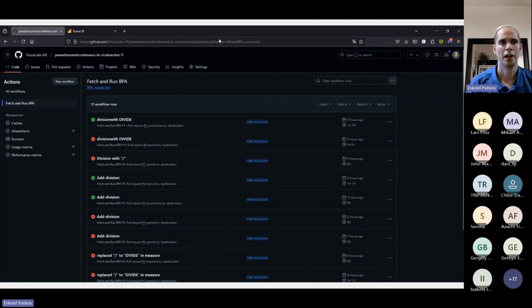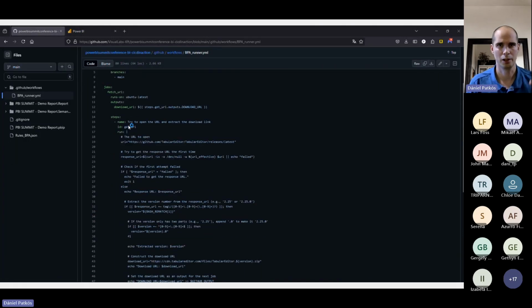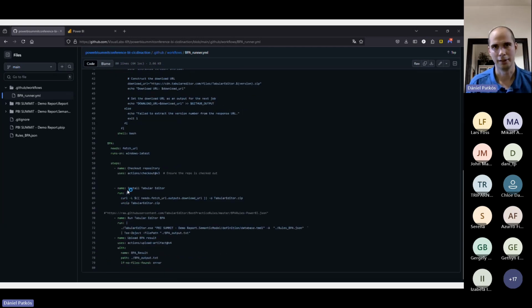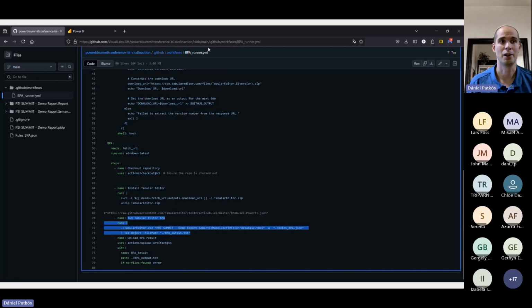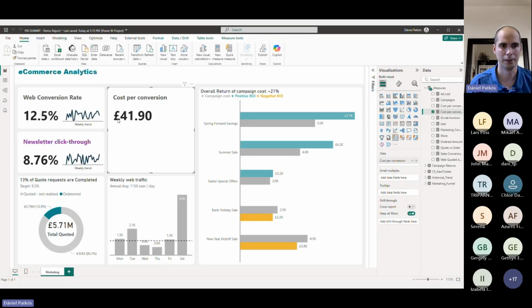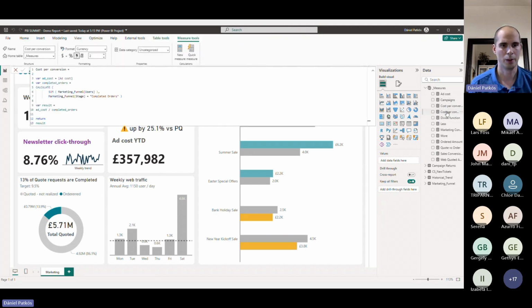This basically does, at the beginning here, it just gets the download URL for the latest version of Tabular Editor 2. Then it downloads that and also installs that. And once it's ready, it's going to run the Best Practice Analyzer. What's also relevant is that it starts automatically on every pull request created on main. So let's move to Power BI Desktop, where, as you can see,